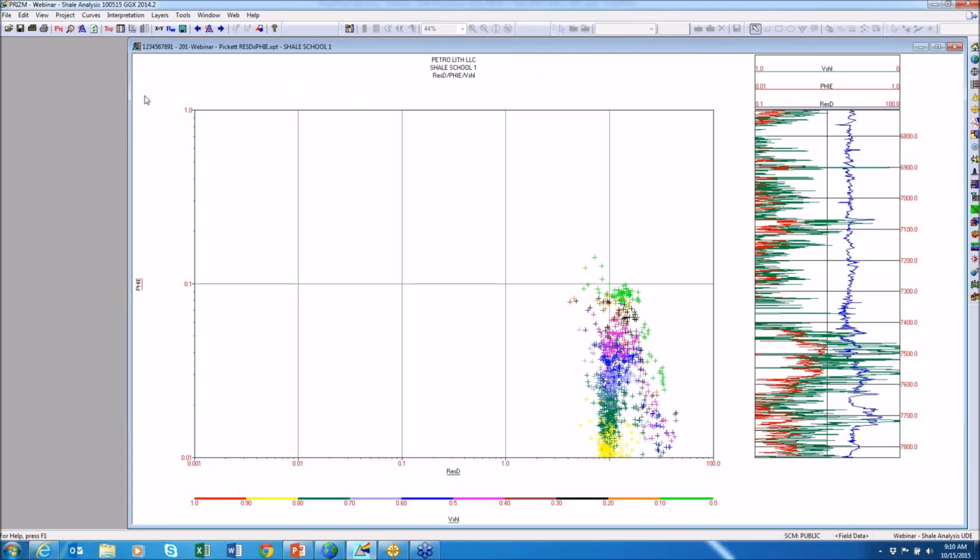Here's a Pickett plot, which is a graphical representation of the Archie equation. The Pickett plot is simply a cross plot of porosity versus resistivity in log-log space. Since I've already calculated V shale using bulk density and neutron porosity, I've got V shale color-coded on the cross plot as well. Over on the right side is an index log showing where the cross-plotted data occurs on the log. Now, before I jump into interpreting the Pickett plot,